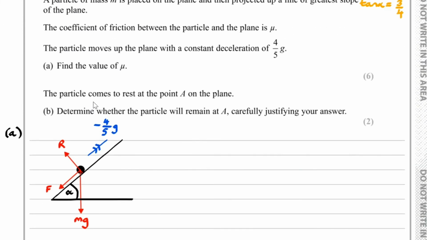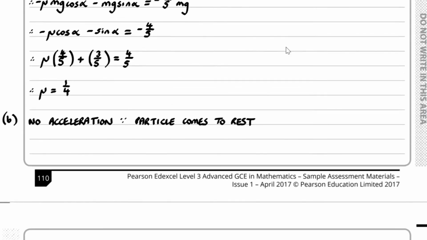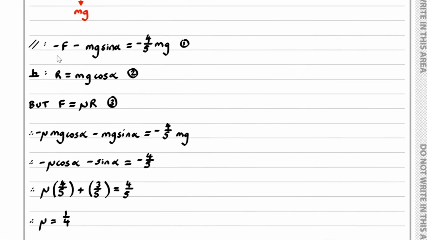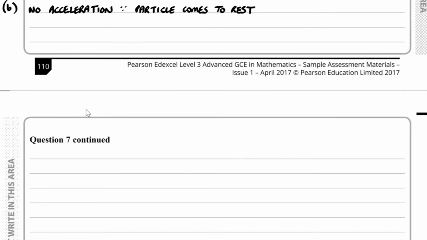And then for part B, the particle comes to rest at the point A on the plane. We have to determine whether the particle will remain at A, carefully justifying our answer. Well, there's no acceleration, and that's because the particle comes to rest. Now, what we'll do is we'll see what the frictional force is equal to and what the weight force is equal to. And then we can compare them to determine whether the particle moves or not, see if one outweighs the other. So, if we concentrate on the frictional force, we know that that's minus mu